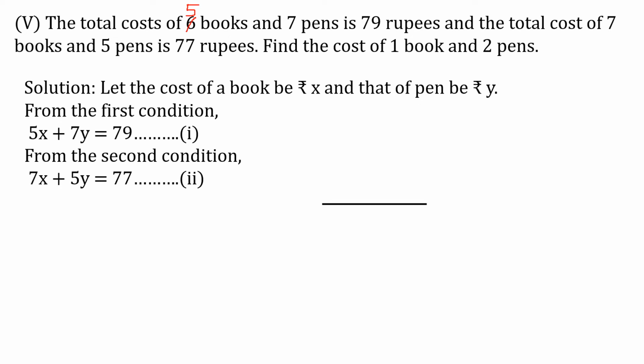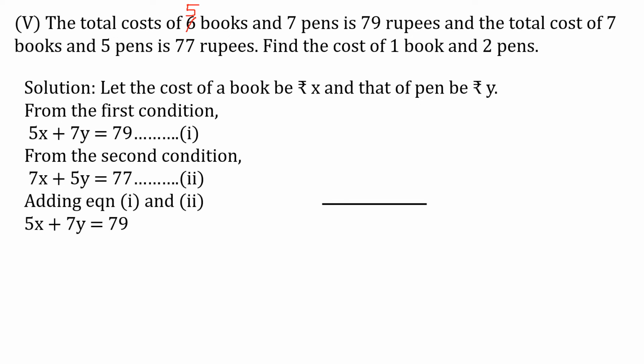Now, students, if you see both the equations, the first equation is 5x plus 7y equal to 79 and the second equation is 7x plus 5y equal to 77. If you see, only the coefficients are interchanged. Here it is 5x, so in the second equation it is 5y. Here 7y is there, here 7x is there in the second equation. When such types of equations are framed, you solve in this method. First you apply both the equations for adding and then for subtracting. Then we'll solve further. So, adding equations 1 and 2.